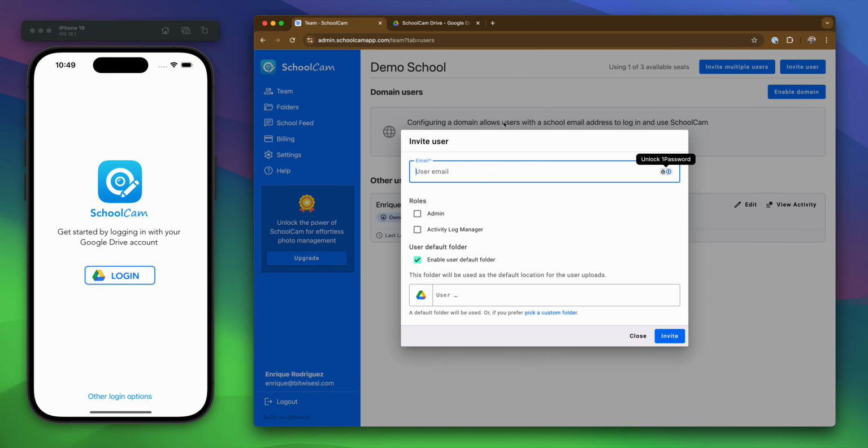And so I'm going to start by inviting an initial user, and I will enter their email address, obviously the one associated with the school. I can give them roles, but if it's just a teacher, then these roles would not be applied for them. And then here's a checkbox that says enable user default folder, and basically that will create a folder that will be assigned as their default folder for this particular user. So I will do that. That folder will end up in the drive or in the folder that we had set up in the beginning. So I will invite this user,